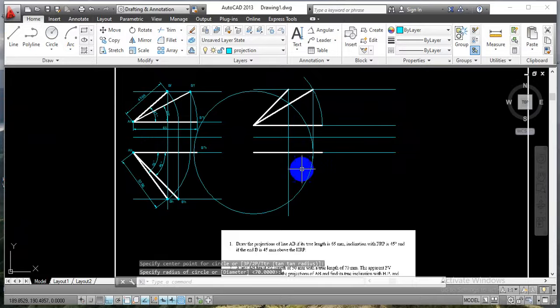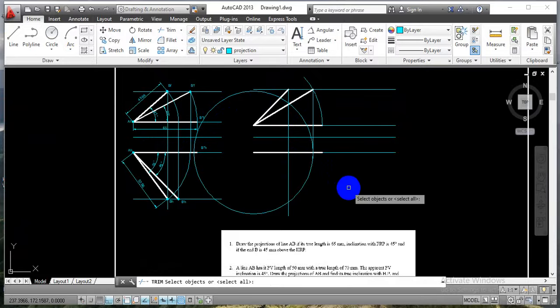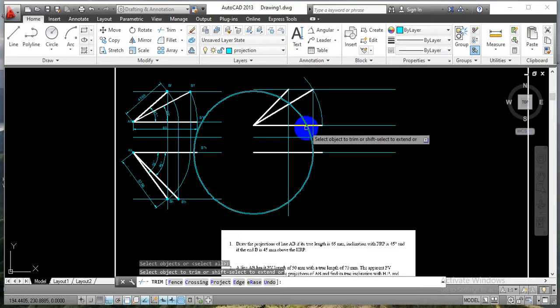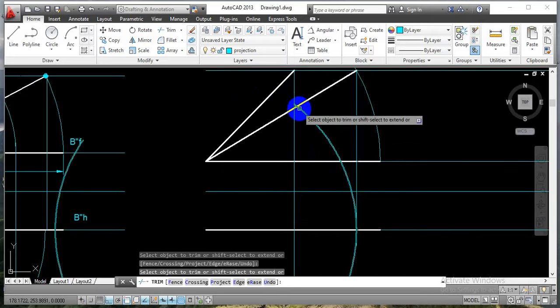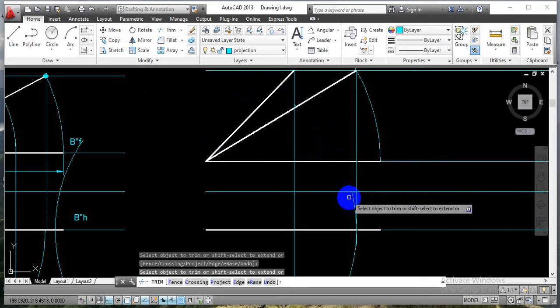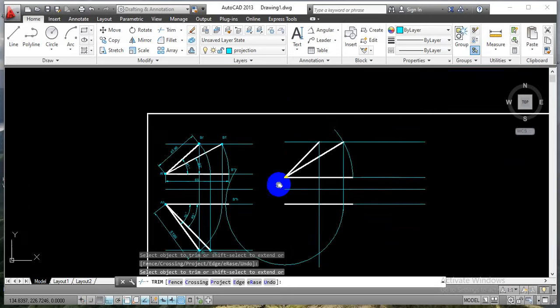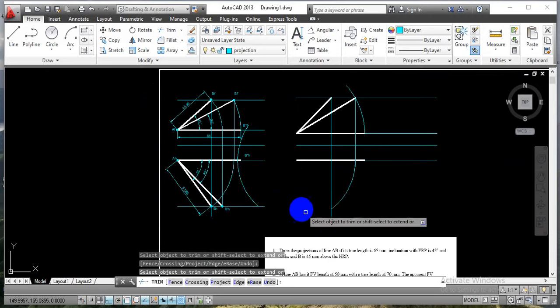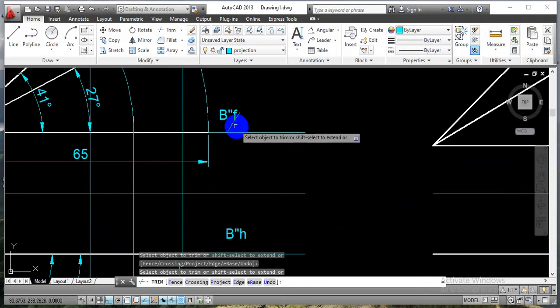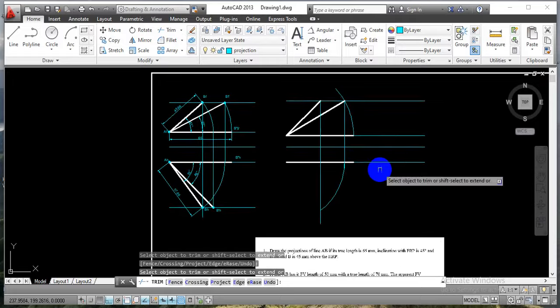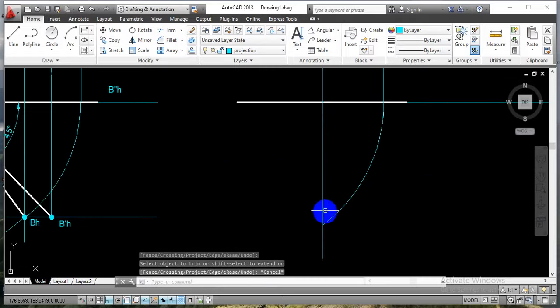Okay, now we have to trim out this extra portion. So just go with the trim option, press enter button and just go on selecting the extra lines that we want to trim out over here. So just click over there like this. Again, you have to click at this point. So these are the extra lines that we have drawn for our understanding. Okay, so this way we will have the intersecting point over here which will represent apparent length in a